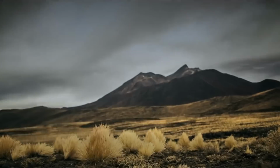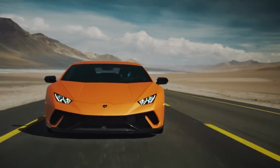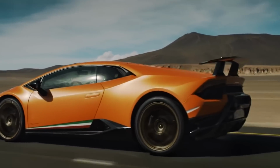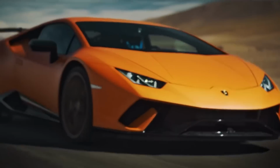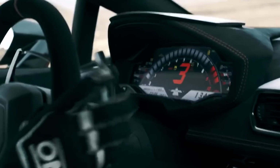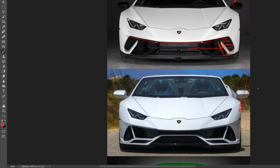And of course, you also have some changes in the rear view of the Performante as well to set it apart from the regular Huracan. But other than that, not really a lot of changes in the front end over the normal Huracan before we go into the Evo. And now we can clearly see where Lamborghini is going with their front end design,